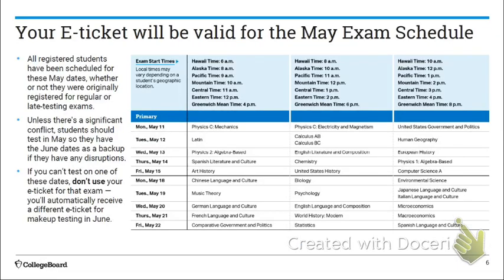Each e-ticket will be specific for a specific exam. Here's our exam right there. So we are Thursday, May 14th, and we are Eastern time, so that's 2 p.m. If you have any friends that live in California, for example, they will be taking the same exam at 11 a.m. But we are Eastern time, so we are Eastern Standard Time or Eastern Daylight Time.